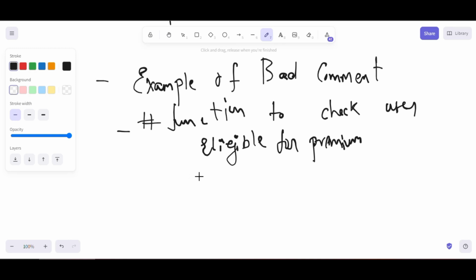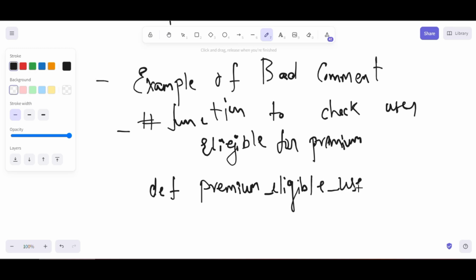Let's say you write the function like this, which is a very tedious task. Premium eligible, eligible user, eligibility check. I'm just giving you examples so that you can relate. Some bad code I am writing, the eligibility check that everyone writes.